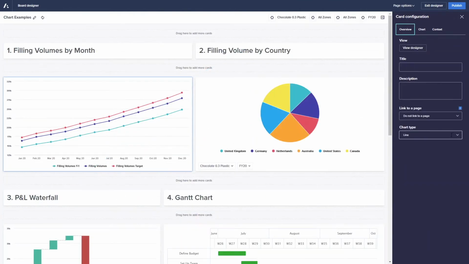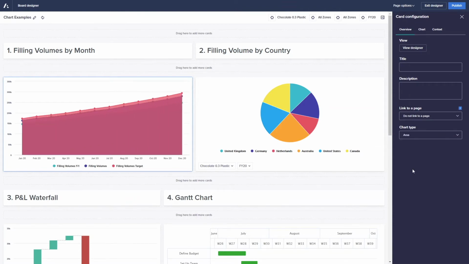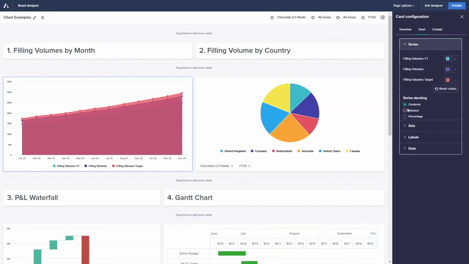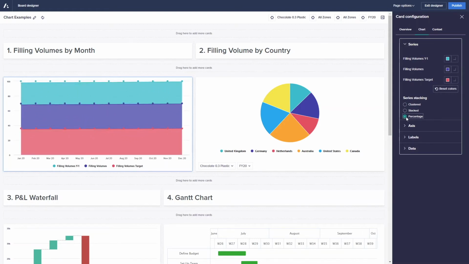The next type of chart we're going to look at is the area chart. Now, this is essentially a hybrid between the line chart and the column chart, as you can see here. Therefore, in the Chart tab, you can see that we have the data drop-down, where we can plot the trailing zeros or not, but then also under the Series drop-down, we have the option to show clustered, stacked, or percentage